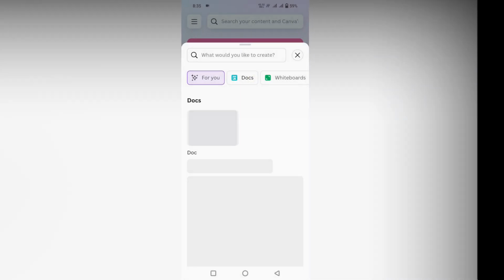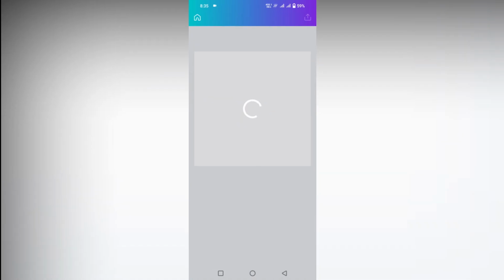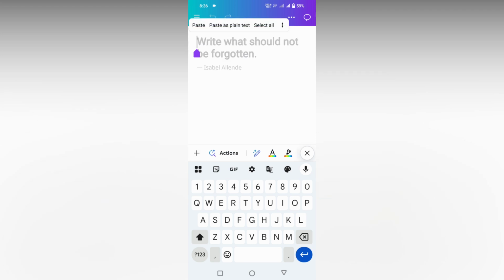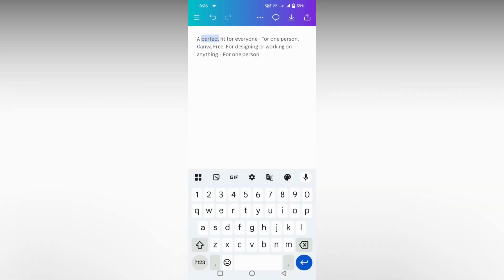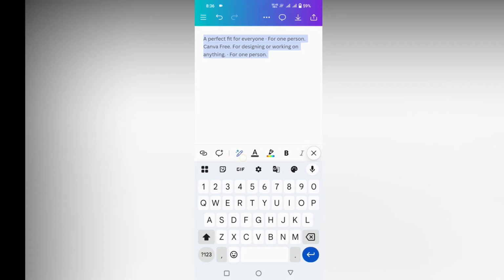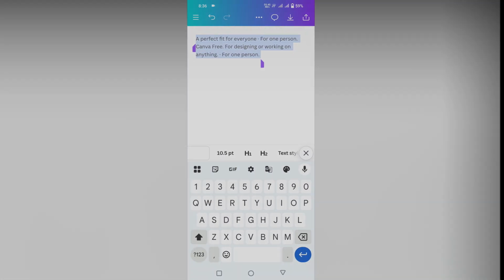Now, how to align the text in your Canva docs on your mobile phone. So first, I'm just going to type some sentence here. So I'm just going to paste some sentence here, just as a copy. So let's first select everything you need to align. Then just swipe on the side. You can find an option called